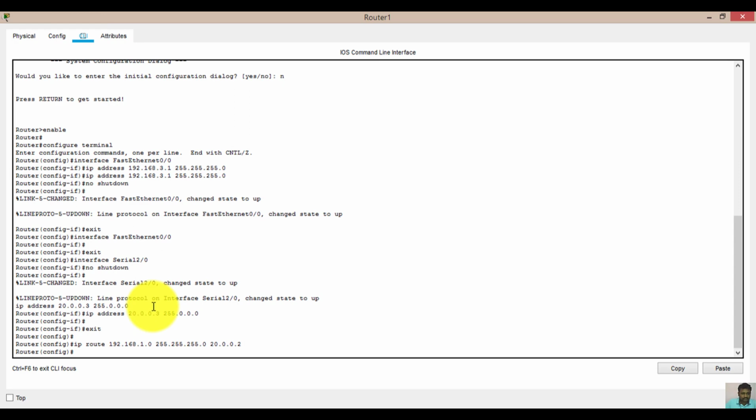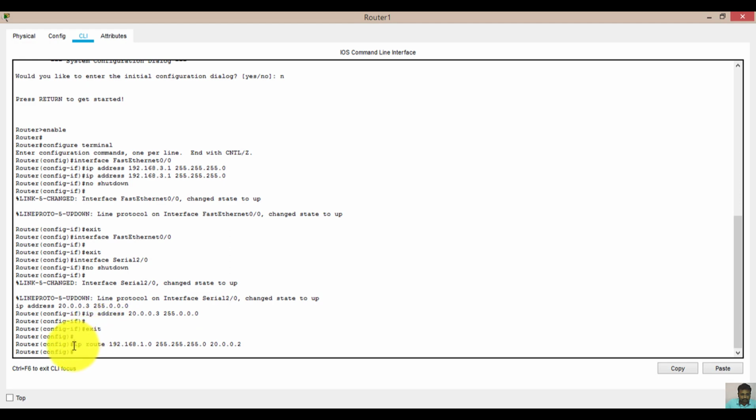The same thing can be configured using commands also. Let's check what the commands are. You have to start in the config-if mode, but before that you have to state which port you are configuring. We are doing it for this port, 2/0. So write: ip address 20.0.0.3, which we already did, and then exit.